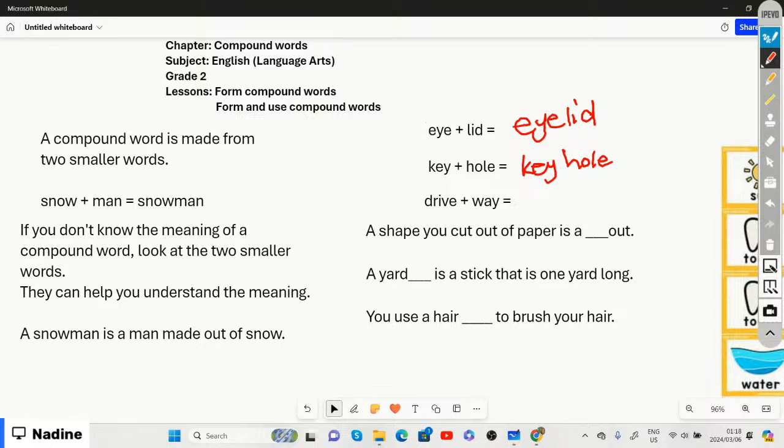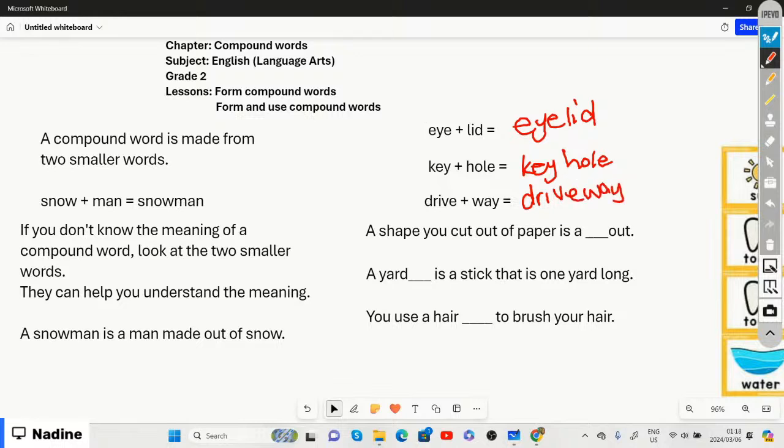And then I have drive plus way. All right, so we have drive plus way. What do we call drive plus way altogether? So drive plus way is driveway,